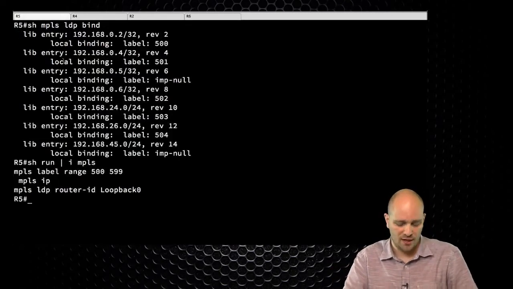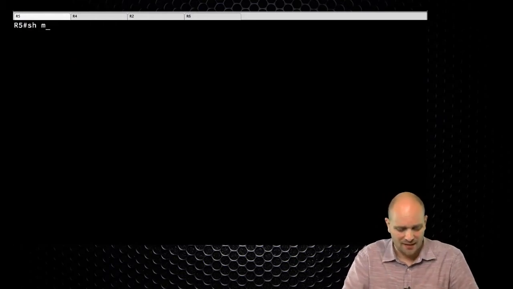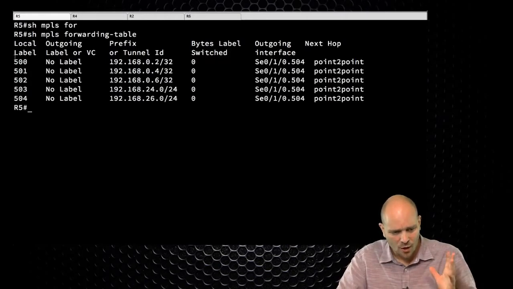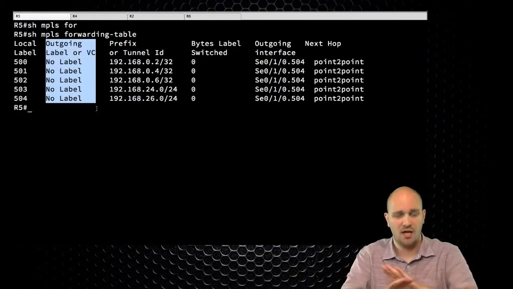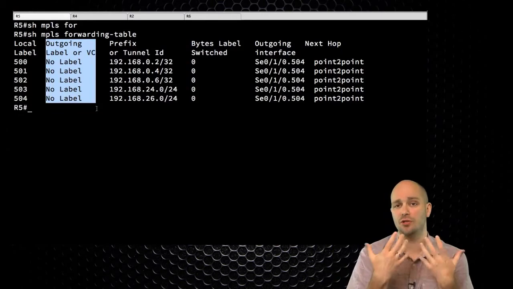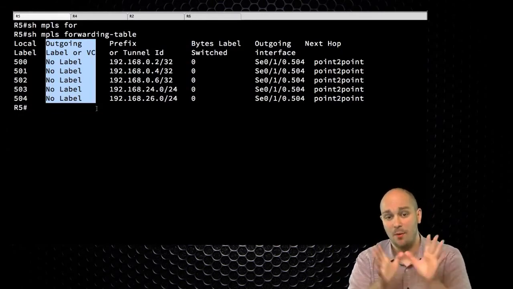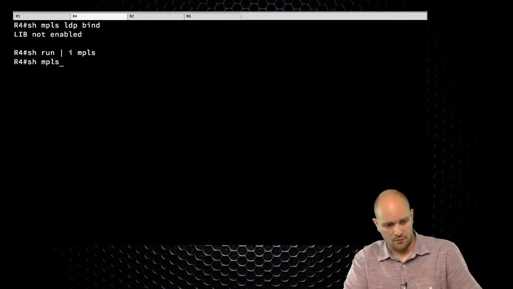Another table that got created is, of course, the MPLS forwarding table, or the LFIB. And I can see that if I do show MPLS forwarding table, now this is the forwarding I have. This is significant here because I'm told that for all destinations, I'm using no labels. Well, I'm using no labels because I don't have any remotely assigned labels, but the table is there, it's ready to go. If I run the same command on R4, show MPLS forwarding table,